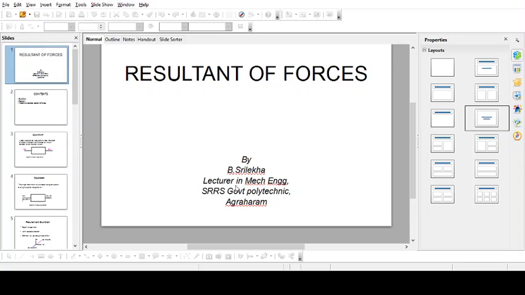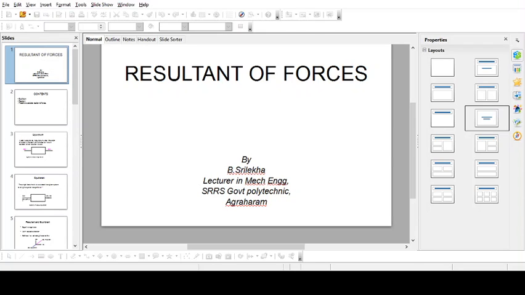Next, one more force is there, that is 30 newtons acting vertically downwards. So vertically down, where does it act? It acts at the south. So at the south it is 30 newtons. So in this manner we'll represent our forces. The first force is 20 newtons acting on the east, and 25 newtons acting at 40 degrees north of east, and 10 newtons acting 50 degrees west of north. Next, 30 newtons acting downwards.